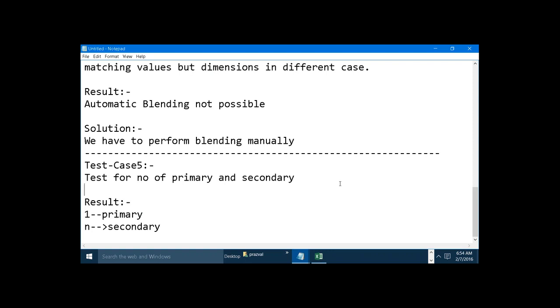Instead of blending, why can't we use the joins? Can we use the joins, or is data blending only for text files or database transfer? No, as I said initially, the join can combine the data within one data source. Within one data source, if you have multiple tables, then we can combine those